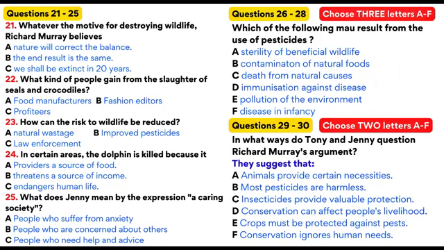Now listen carefully and answer questions 21 to 25. What would you say, Mr. Murray, are the main reasons that so much of our wildlife will have died out by the end of the next few decades? Well, Tony, we can't of course rule out the effect of urbanization due to the spread of population.